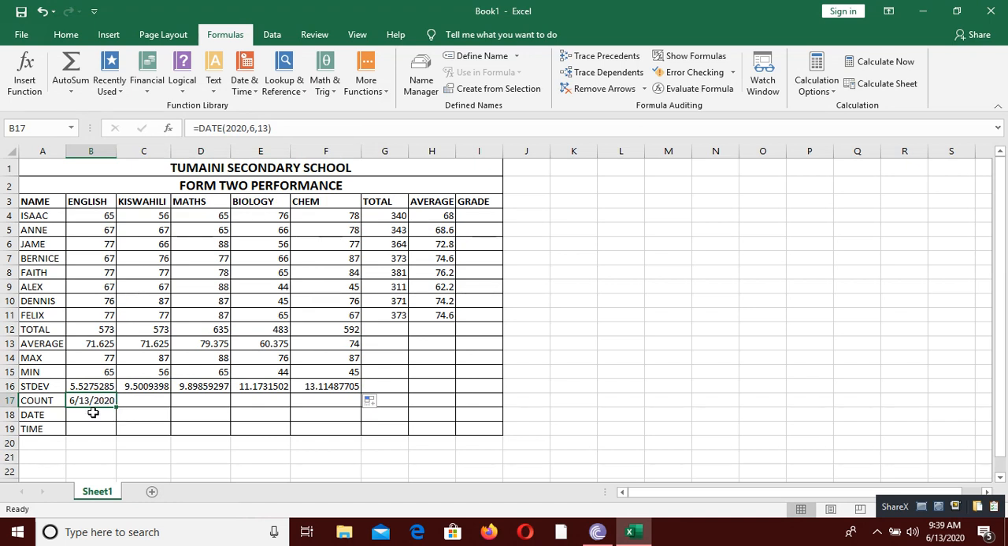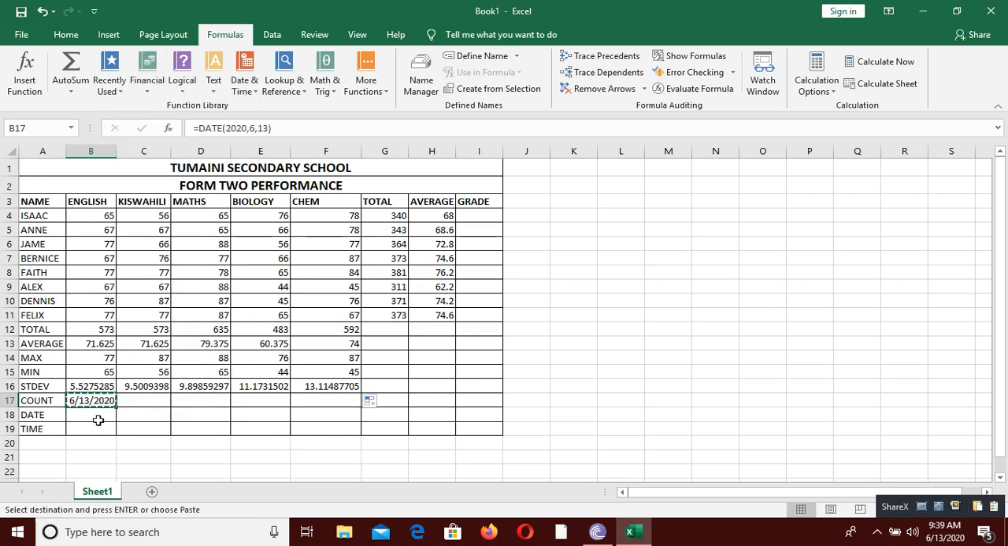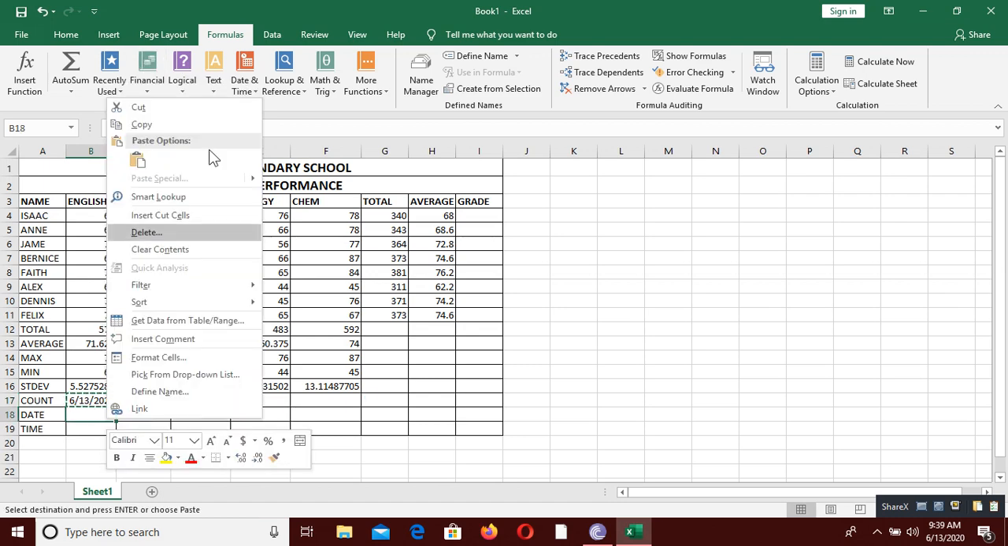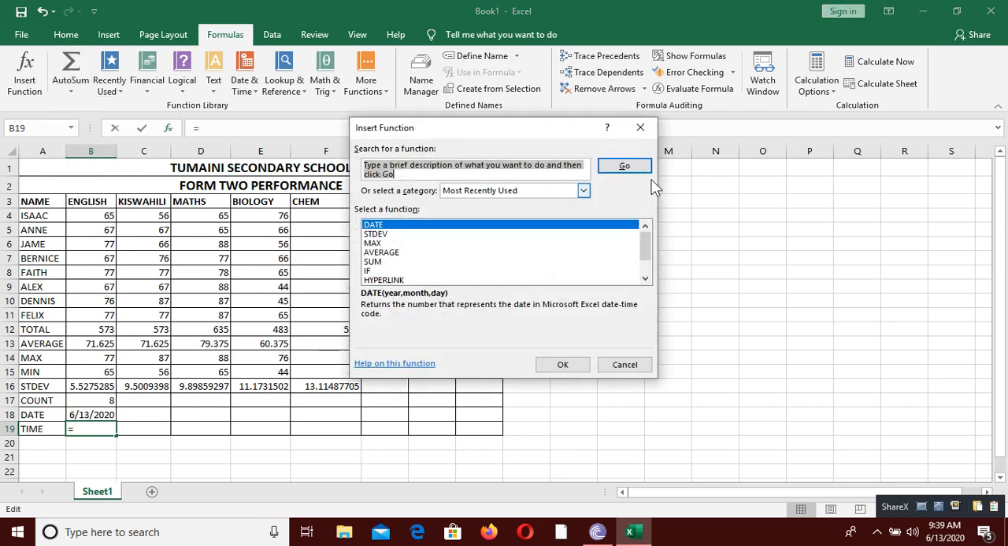so this was count. Let's cut from there, paste it in this cell. This should be count, so count numbers. Let's drag to make the correct selection, press enter. Time function, just type